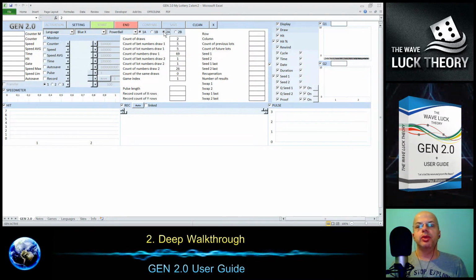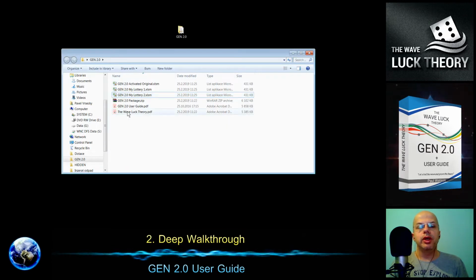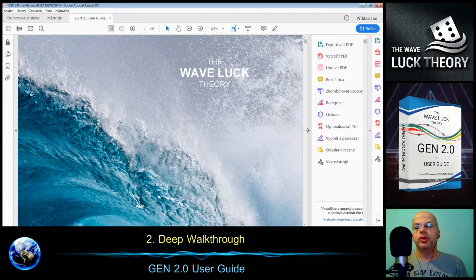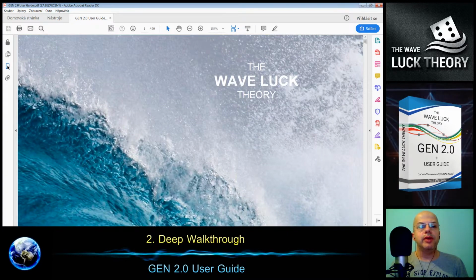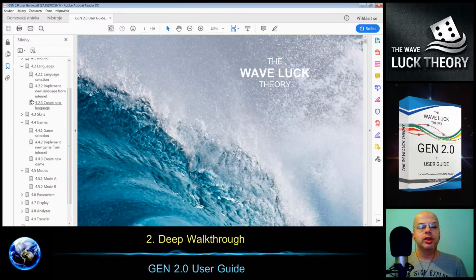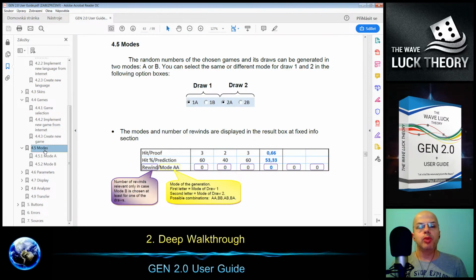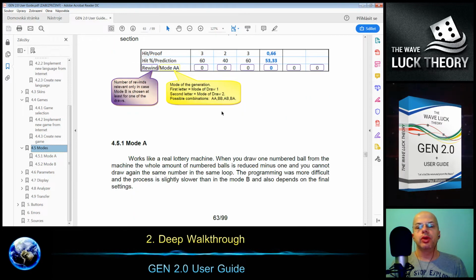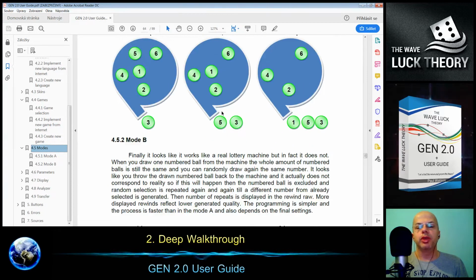Now I'd like to explain what the mode means, so you understand what you are selecting. For that reason I will open the user guide we had downloaded and extracted in the Quick Start tutorial, and on the left there is a navigation panel where we go directly to the functions, and here we find the modes. You see there is the menu, and for the modes I plan to create an extra tutorial, but I will try to explain it more briefly today.